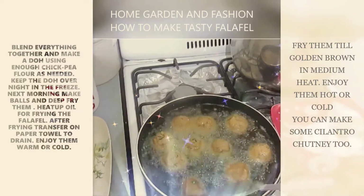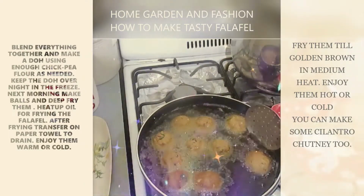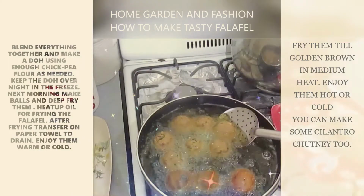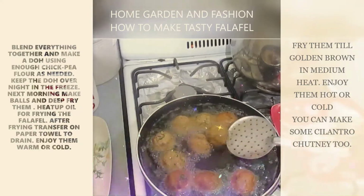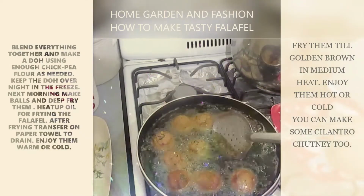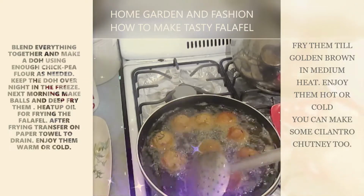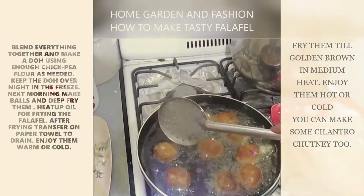So this falafel, the main thing is it's very easy to make. You soak or boil the chickpeas and add all the spices and onion, ginger, garlic, lemon juice, and then just keep it overnight in the fridge, so it will be a little bit tough. Next morning quickly form balls and quickly deep fry them, and then you are going to enjoy it hot or cold because it's so yummy, and with the